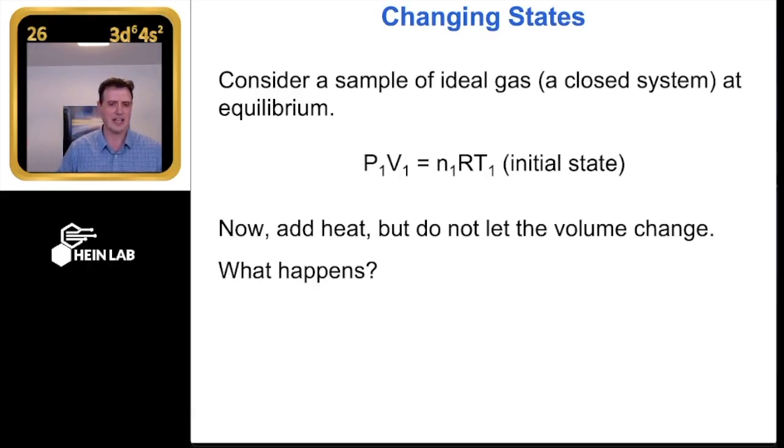What we're going to talk about today is changing states. We say we start at some state that is defined by an equation that talks about this state. In this case, PV equals nRT. It's the ideal gas law. Now what we're going to do is change the state. We have a system that is described by this equation, and we're going to create a new state by adding or subtracting energy, right?